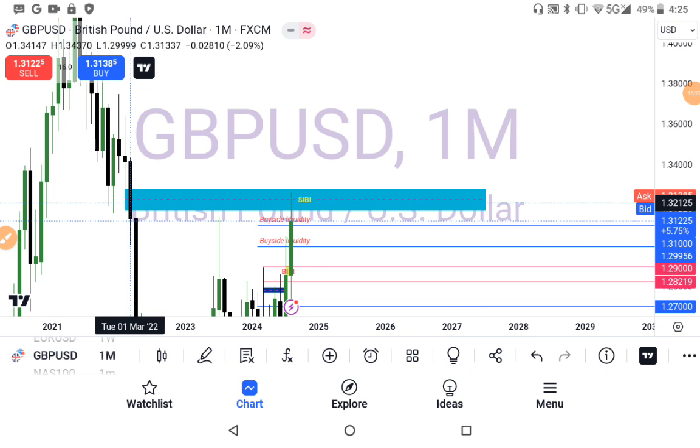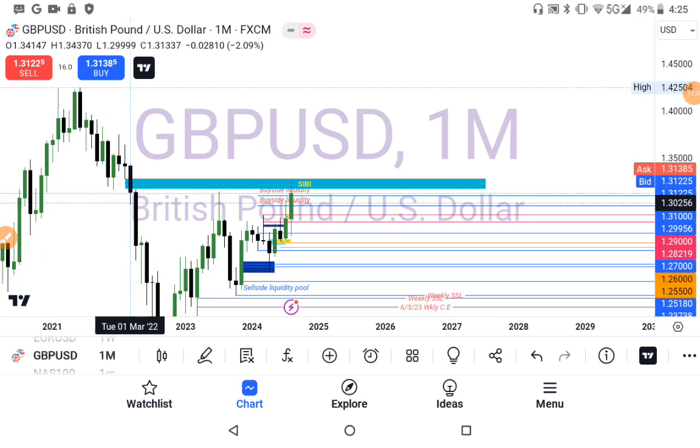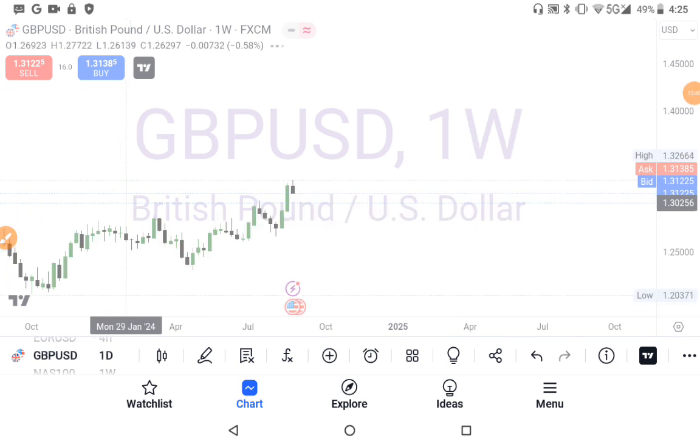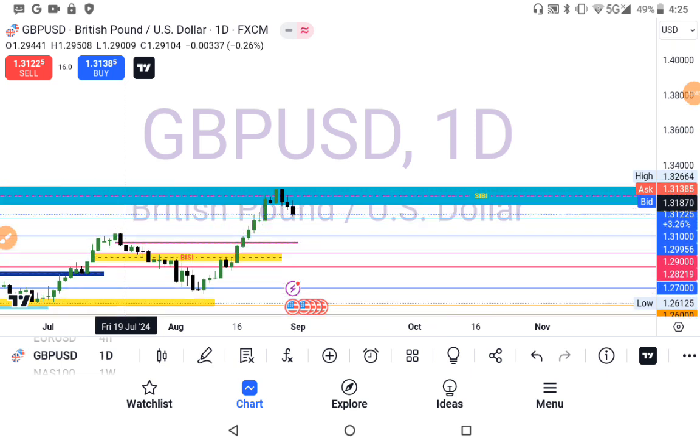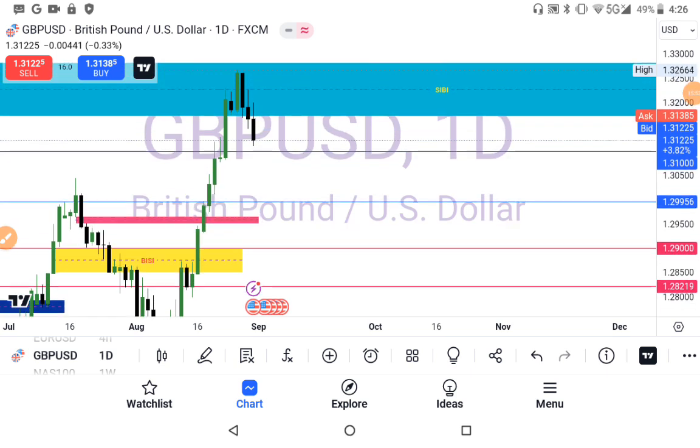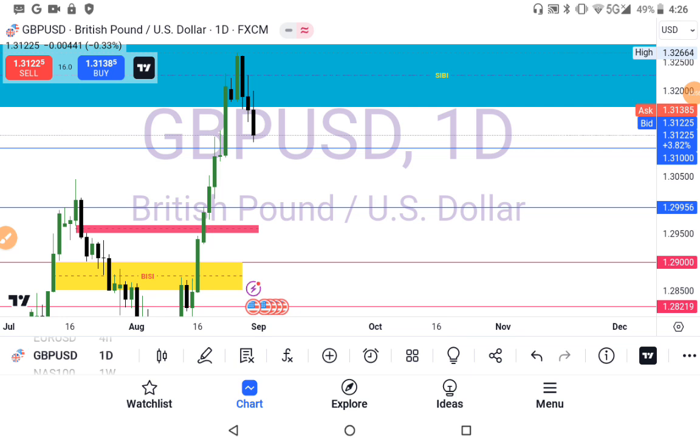Now, the coming week, we are approaching another month, right? So the coming week is for me to watch what the market will do. But that does not stop me from scalping. The level I will be watching, I'll be watching the lowest hanging fruit. The first lowest hanging fruit is 1.31000. So 1.31000, then